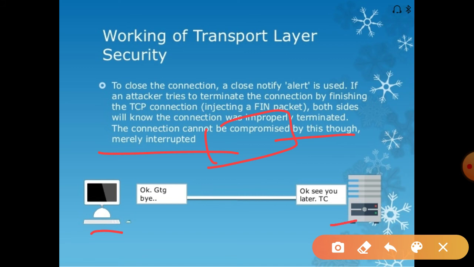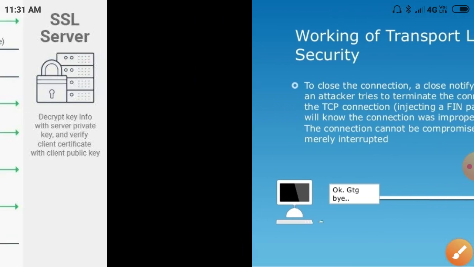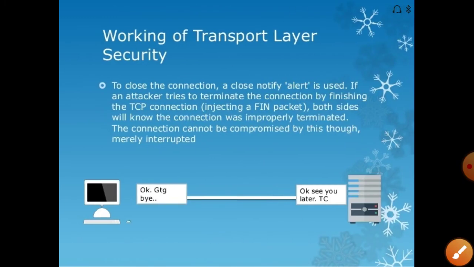Because the connection cannot be silently closed, it is merely interrupted. So they have established the secure communication. If a third party tries to break this communication, these two parties come to know. Like this, secure communication is happening between the client and the server. So this is regarding the TLS protocol.